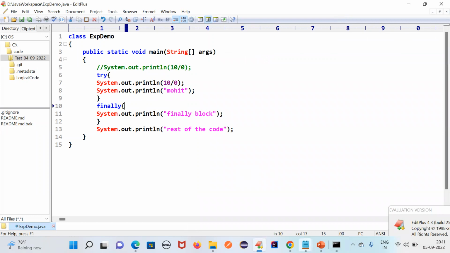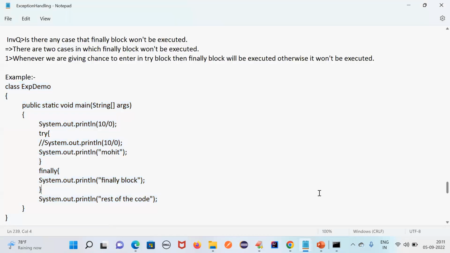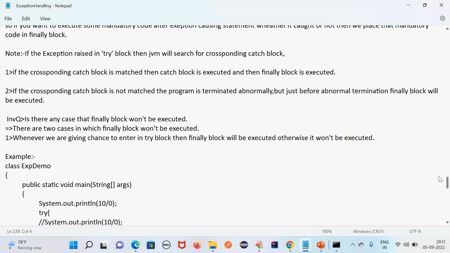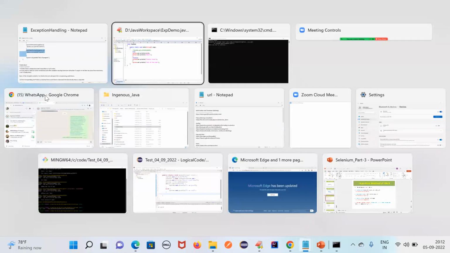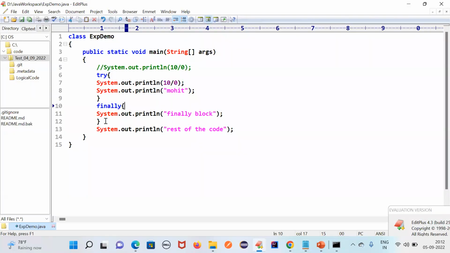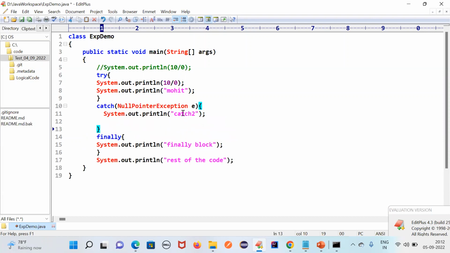Let me show you one more thing. I'll just copy the code, this one. I am adding this as well. I have written here, and here this is your exception. Now what will happen in this condition?